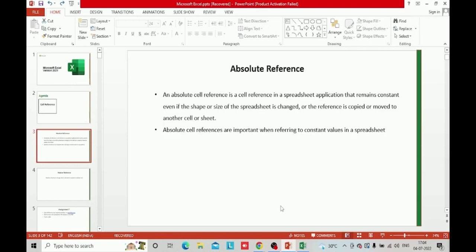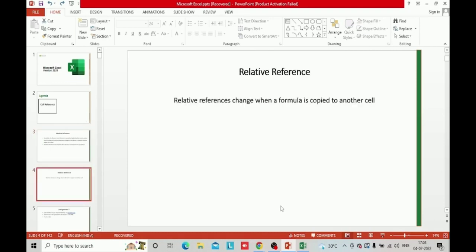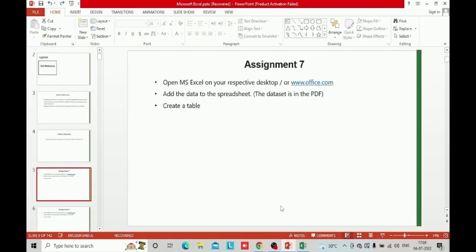So this was about cell referencing. Absolute and relative referencing both are very important. You have to complete the assignment. Open MS